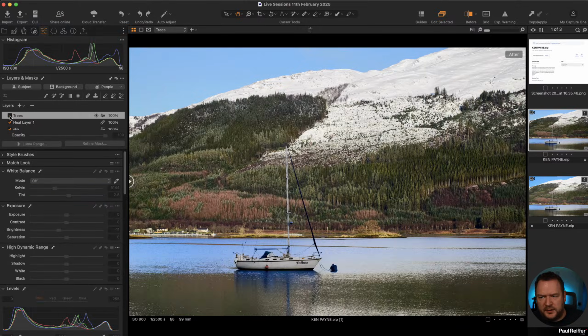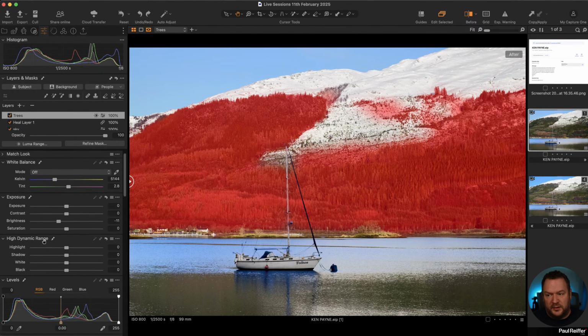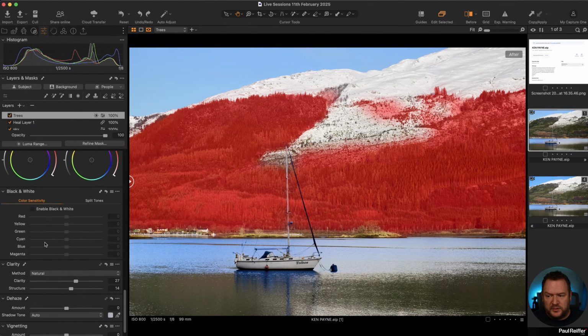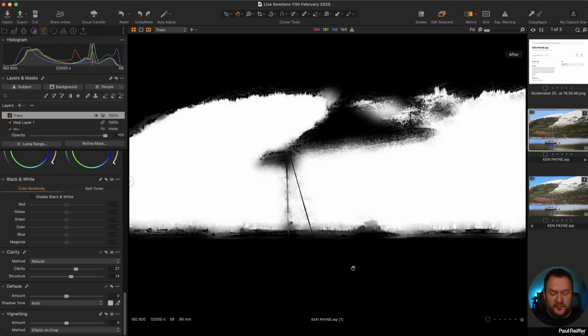The tree layer basically just lifts those trees, and by lifting, I mean it's adding contrast to it. It's giving them more presence. The adjustment here is basically pulling down the brightness, and there's no problem with that. There's no other real adjustment in here apart from an additional clarity boost just on the trees. The mask itself hasn't been overly refined, which is good. There is a luma range on it to block out the stuff that's not a tree, which is good.